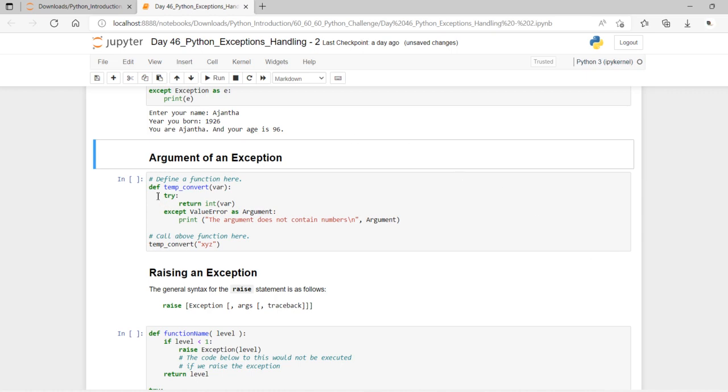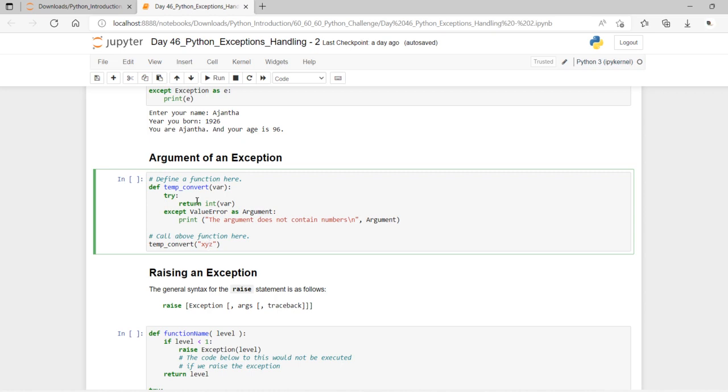See here, dear friends, here it is a function where you are just making a temp conversion, that is the conversion of a temperature, and here it is just going to return the value. If you give something in xyz, that is going to make it an int. Here it is a temp conversion, and here you are providing a string value.